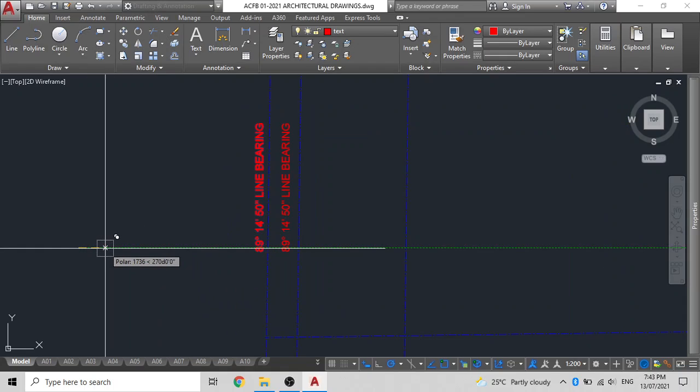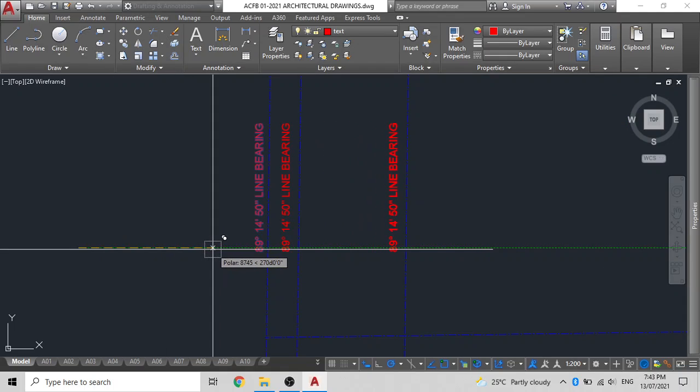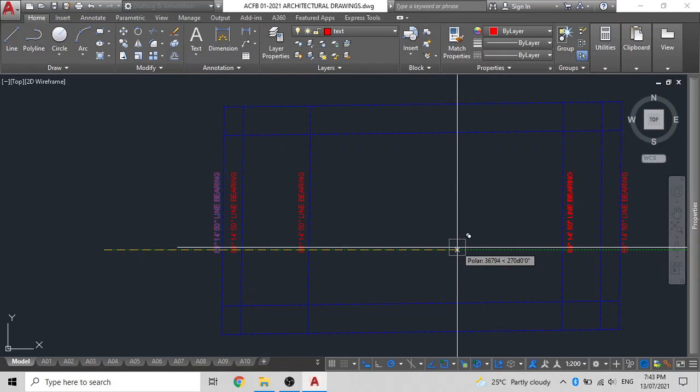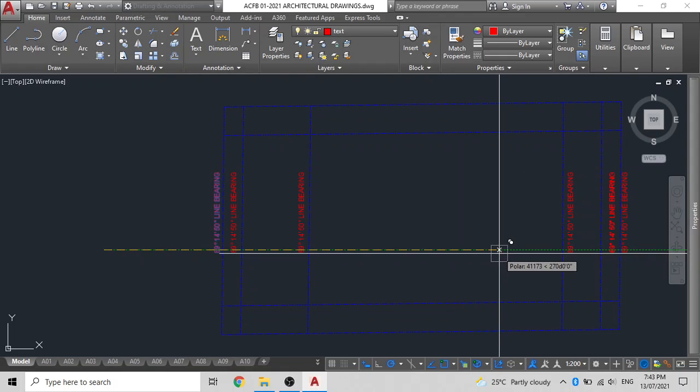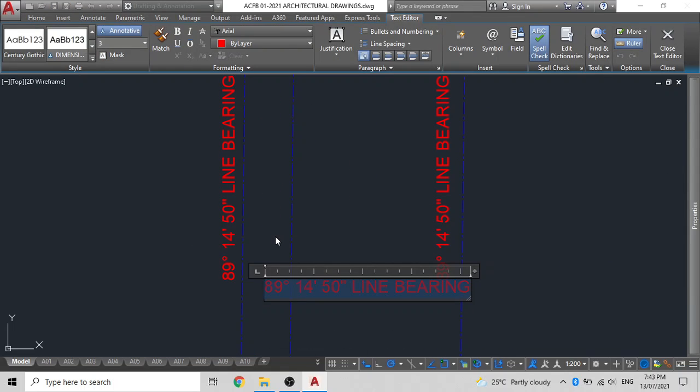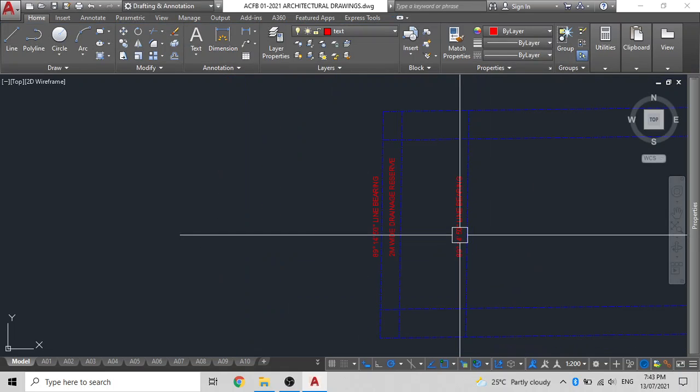So this is the 2 meter wide sewer reserve, and this is the 9 meter wide building restriction. This is the 6 meter wide building restriction, and this is the 2 meter wide reserve. So we'll fill in the information. Try to make your work technical. So we write 2M, that's 2 meter wide drainage reserve. Pull it out, trim it off, and click outside to let it go.